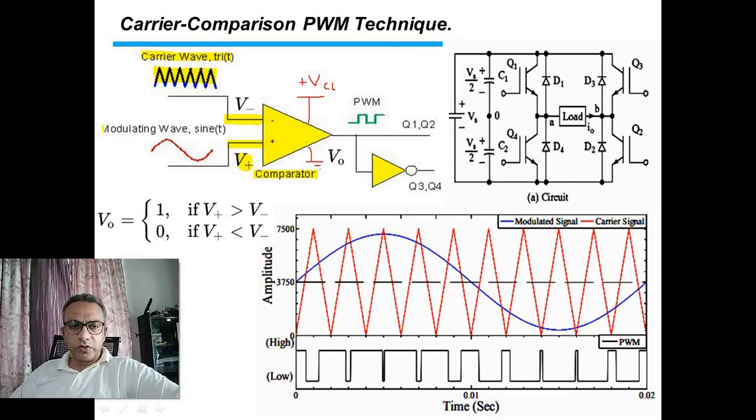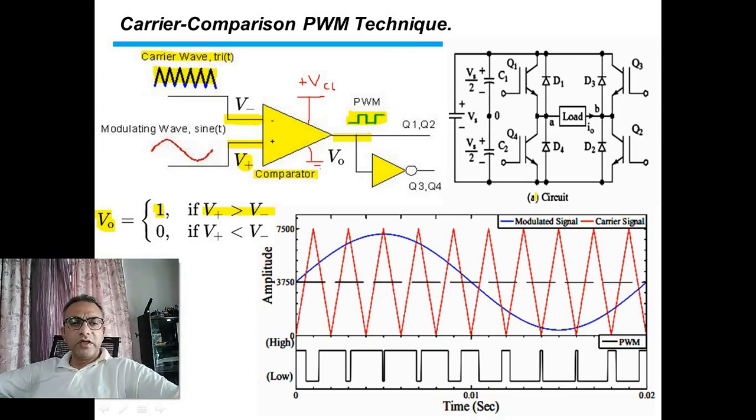Now comes the output. Output will be digital, that is, output will be either 0 or 1. When will it be 0 and when will it be 1? Output V out will be 1 only if V positive is larger than V negative. This is the only condition